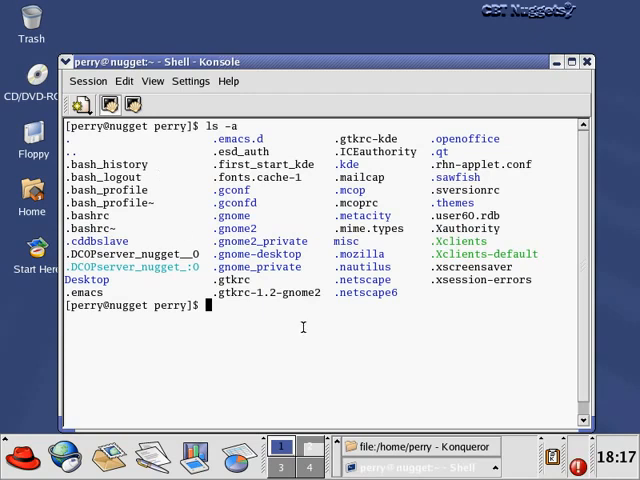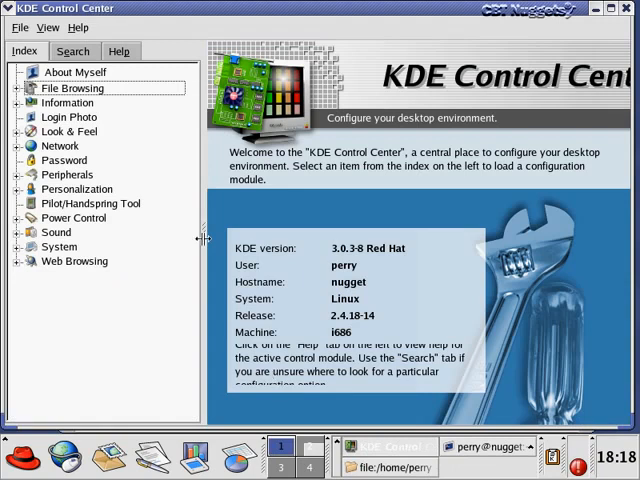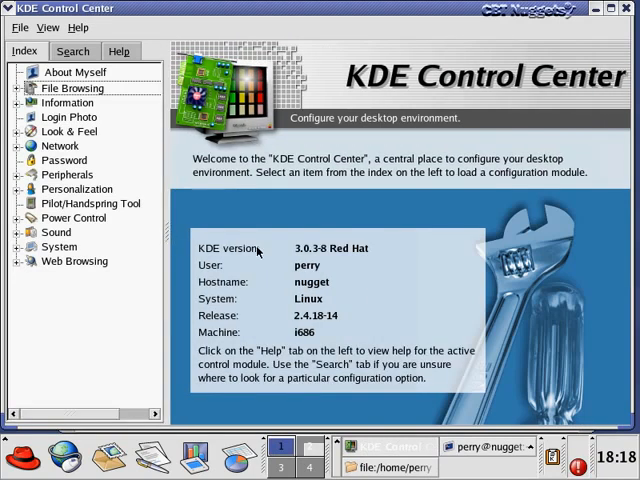Okay, so let's talk about how to configure KDE. And the way that we're going to do that is to use the KConsole program. So I'm going to put an ampersand on it to run it in the background. Oh, it's not KConsole. It's called KControl. I was just thinking of the console window here, but KControl is the program that you use to configure KDE. Sorry about that. Okay, so now we're in the KDE Control Center,